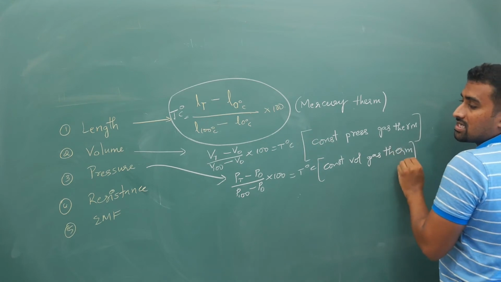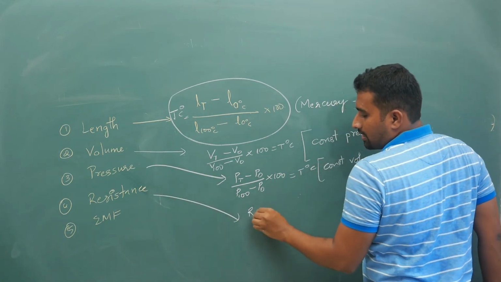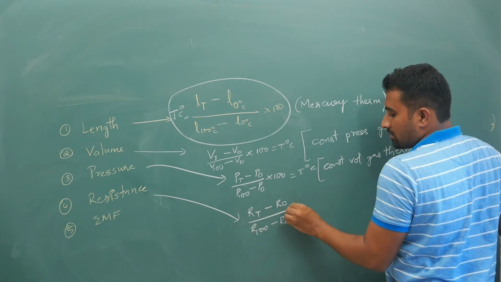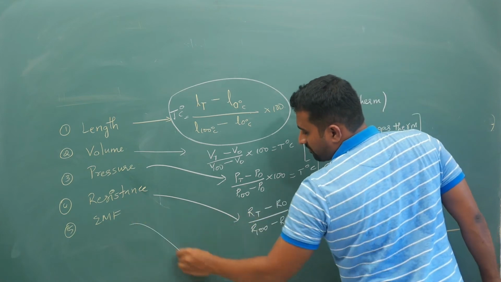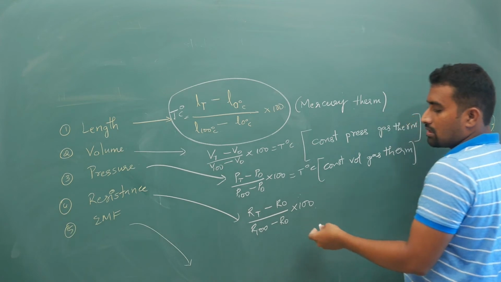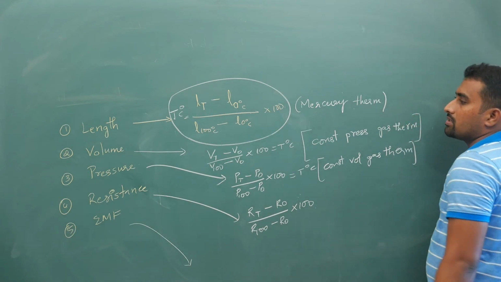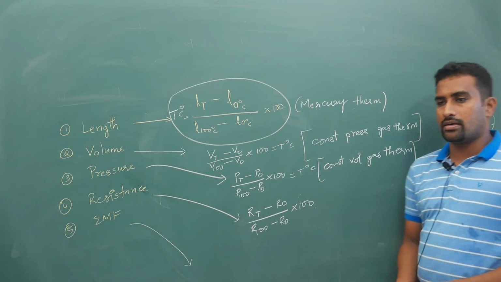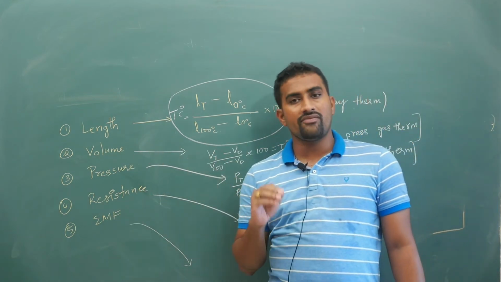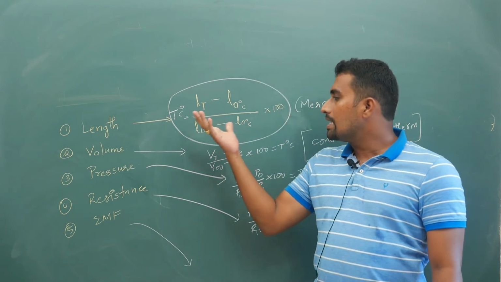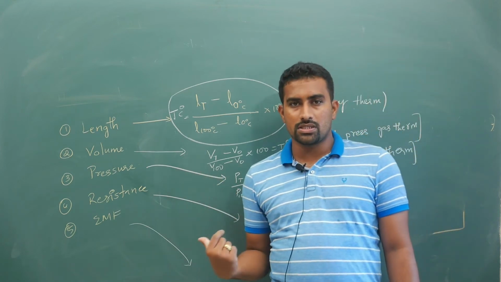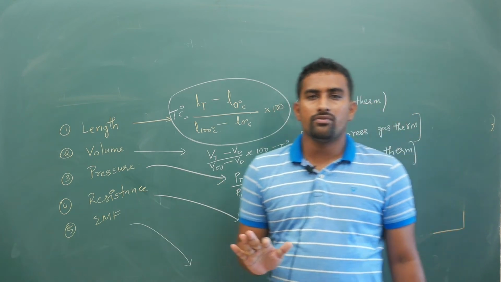For a resistance based thermometer you will write R at T minus R at 0, by R at 100 minus R at 0, into 100. And for EMF, it is Seebeck's EMF. Similarly, EMF minus EMF at 0, by EMF at 100 minus EMF at 0, into 100. You can simplify like that and then do it. So you will have simple questions related to thermometers. If nothing is mentioned about the proportionality, assume linear variation of temperature with that thermometric property and apply these formulas. Hope you have understood it.